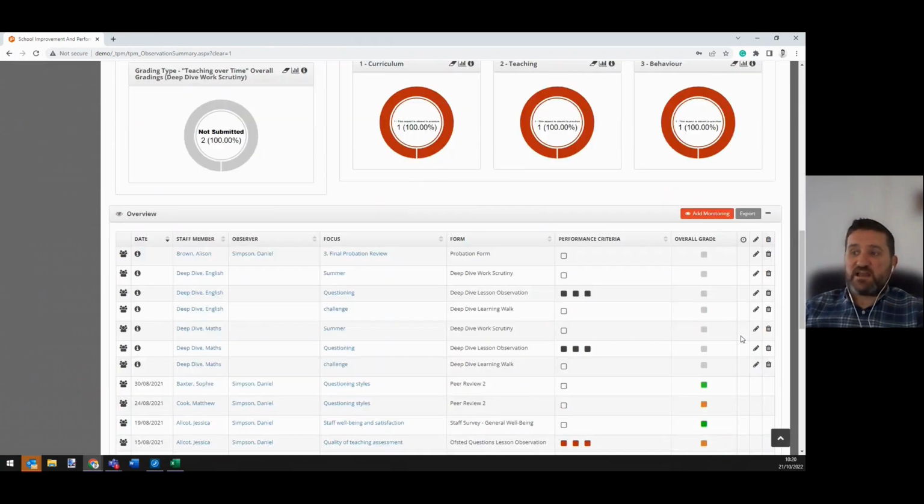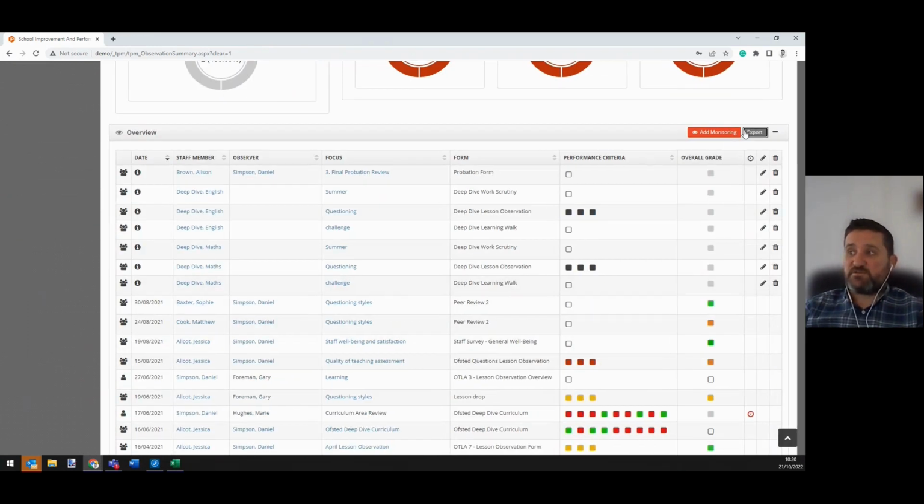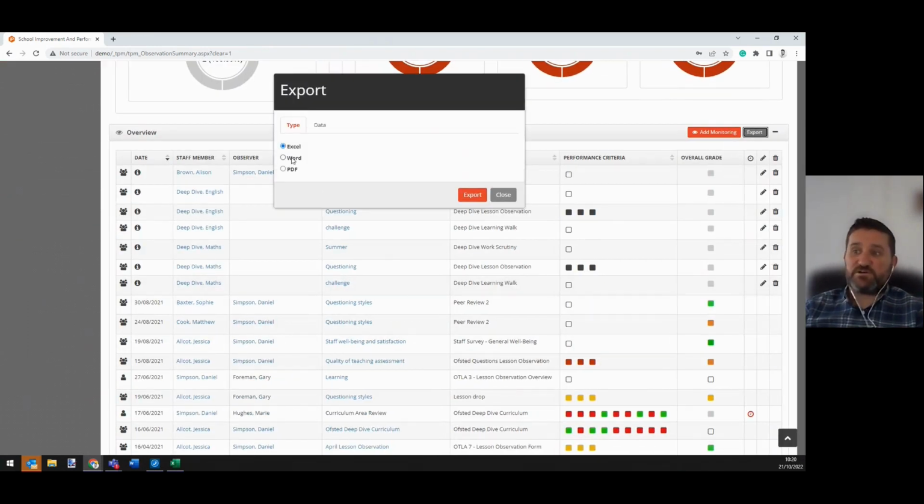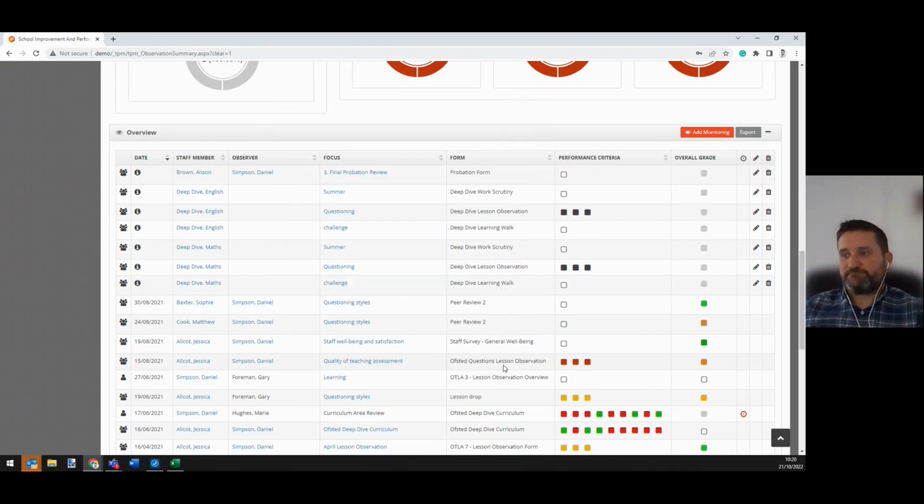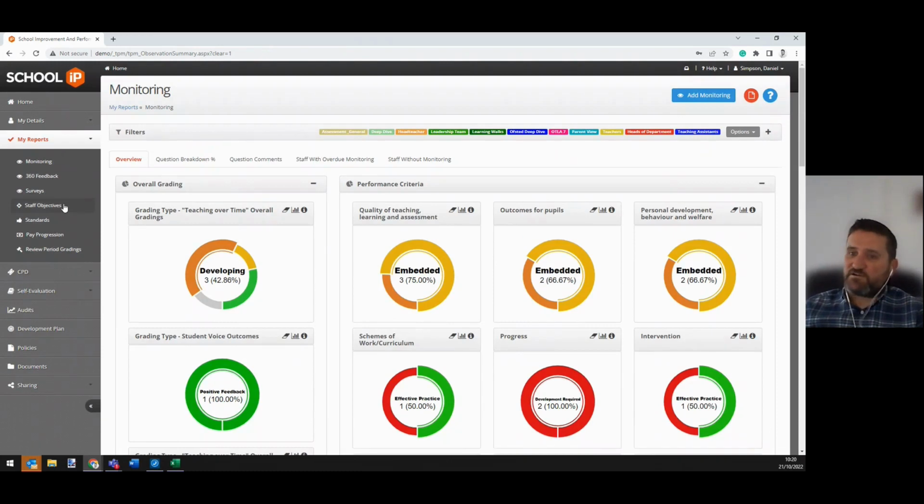It's worth noting that any of these reports you can export to Excel, to Word, to PDF, and you may also choose the columns of data and anonymize that data. So I can give this to governors and external stakeholders without perhaps disclosing the names of the staff. And there are lots of these